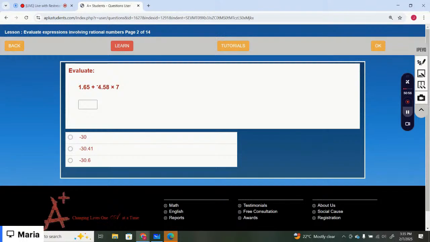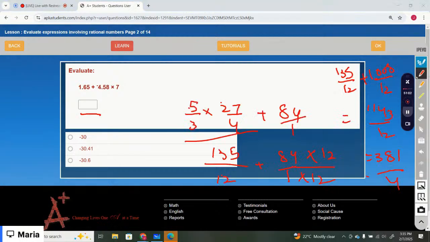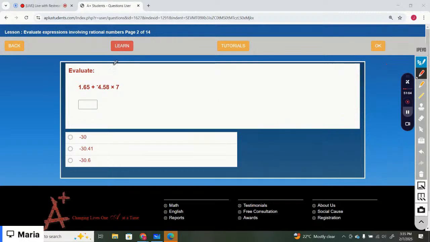Okay, so 1.65 plus minus 4.58 times 7. So you have to do multiplication first because multiplication has the higher priority over addition. So just multiply 7 times negative 4.85. The product of a positive and negative number is always negative. So that is 1.35 minus